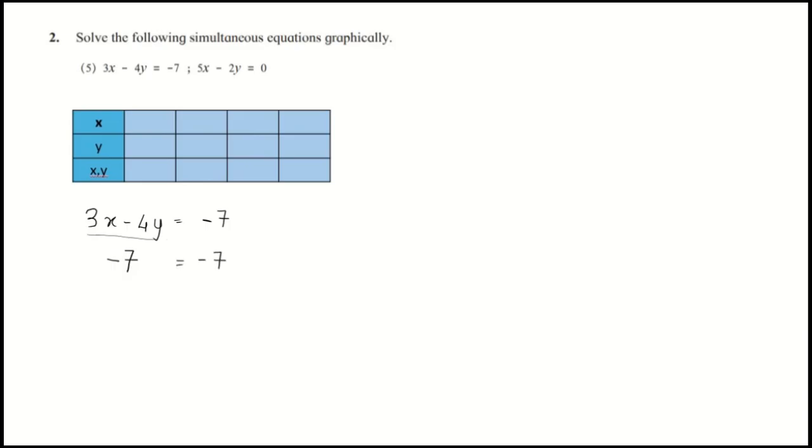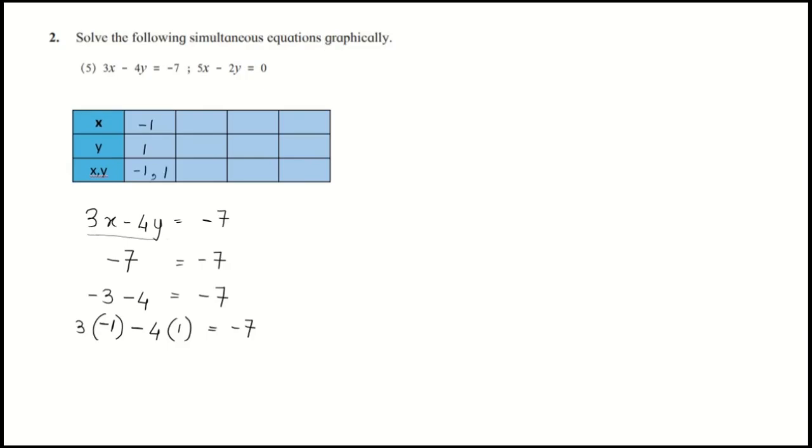Okay, so how can we write this minus 7 further? If we take minus 3 and minus 4, it is nothing but equal to minus 7. How to write this minus 3 and minus 4 in the form of the equation? So here it is 3, we will take 3 outside, and 3 into minus 1 is minus 3. Write down this minus sign. Write down 4 in the form of 4y. It is 4 into 1 will be 4 is equal to minus 7. After solving this, we will get total as minus 7. So here x is nothing but minus 1, y is 1. So x comma y is minus 1 comma 1.